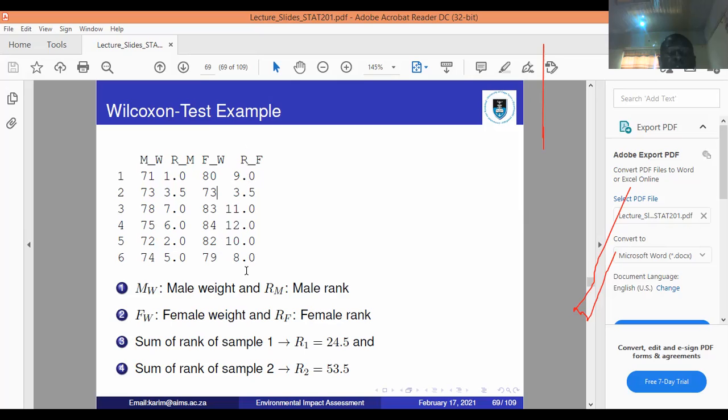So you obtain the rank for the female weight and the rank for the male weight. Now we add the rank for the male weight and then also the rank for the female weight. If you add them, you are going to get 24.5. And then if you add